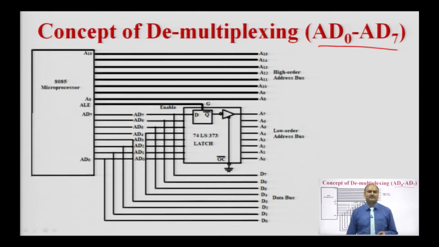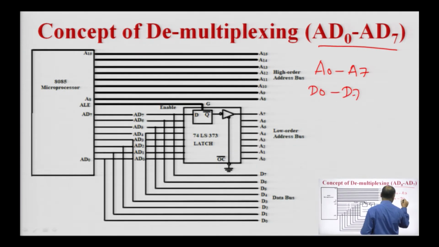In the 8085 microprocessor we know that the low order address bus, that is A0 to A7, and data bus D0 to D7 are multiplexed with each other. Multiplex means these buses are combined with each other. To interface the peripheral device, we need a 16-bit address line, that is A0 to A15. With the help of these 16 address lines, the processor will carry the 16-bit address, and with the help of the data bus, that is D0 to D7, the processor will carry the data.